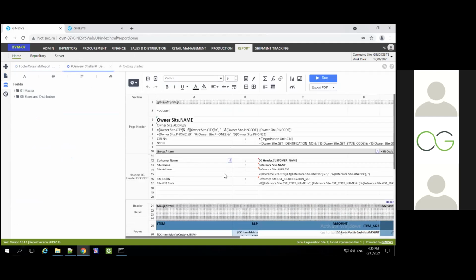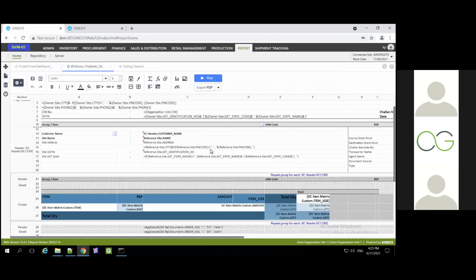So a lot of time we see the requirement where we want to see the item size wise. So based on my item size, what is the total quantity, right? That kind of requirement a lot of times we require. Now, as I mentioned earlier, for a repeating group, it has to have the information, in this particular case, DC wise, item wise information should be present, right? So in this particular design as well, you would see the DC item matrix.